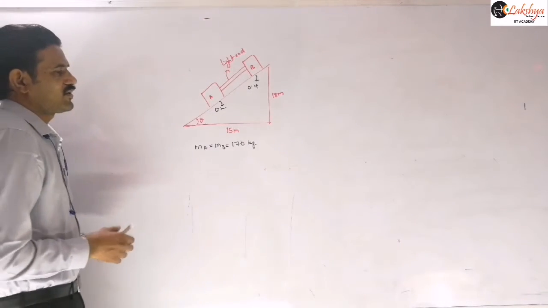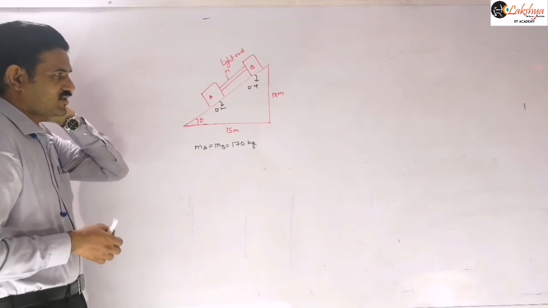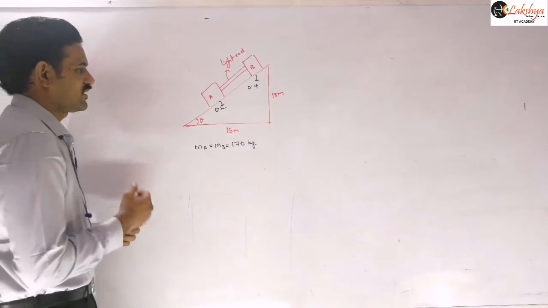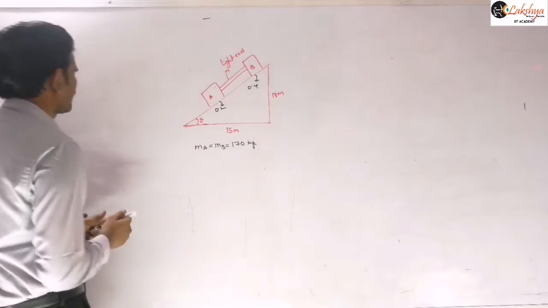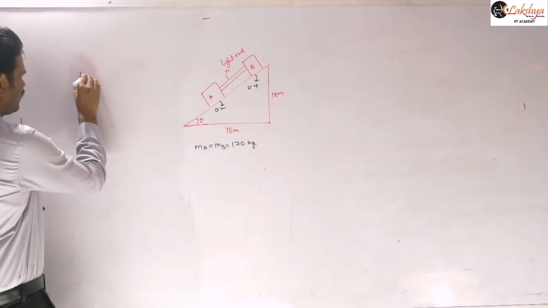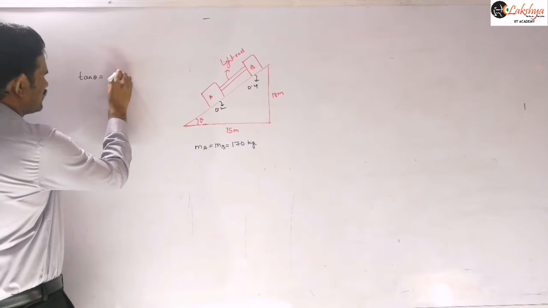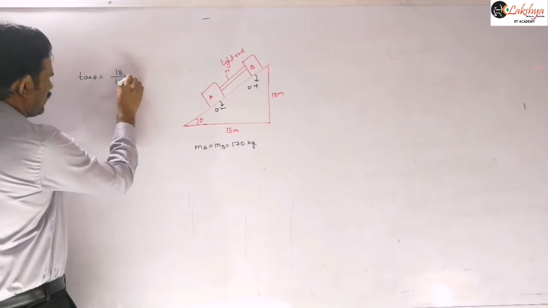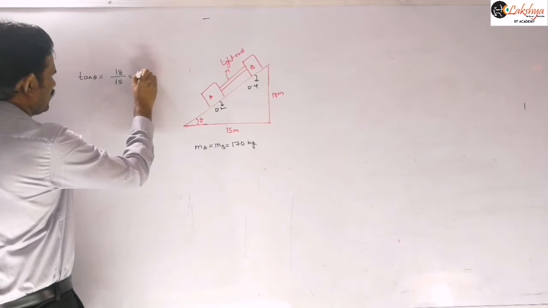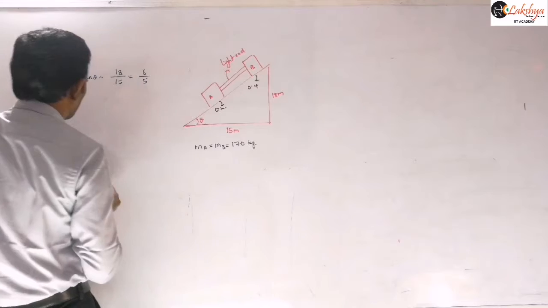And so now let us write the common acceleration of the system, because they are connected with this string rod here, so definitely they will move with this common acceleration. And you may find the sin theta and cos theta values by using this. So tan theta value first I am writing here. So tan theta value is equal to 18 by 15, which we can write as 6 by 5, right?